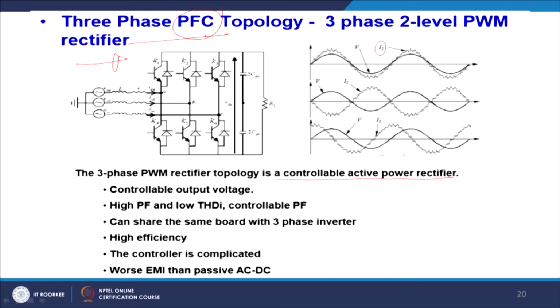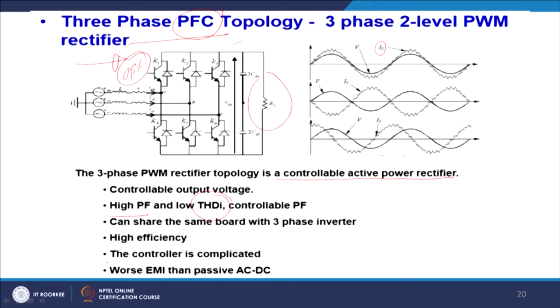Of course, in case of regenerative braking or some other action, in case of microgrid kind of applications where you have a storage, you can feed back this power from the DC side to the AC side, and it has high power factor, low THD and controllable power factor. Generally this point can be connected with a 3 phase inverter, and it can have an efficiency up to 95%,